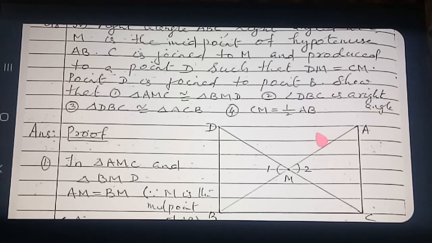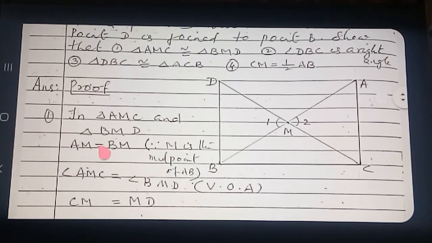So now you have 3 parts. Which parts? First listen. A side, then an angle, and this side. Which result will you apply? Say S, A and S. Here also S, A and S. So we are applying the SAS axiom. Is it clear from the diagram? Understood now? Okay. Now see what I have written here. See all the points one by one. If there is any doubt, we can clarify.